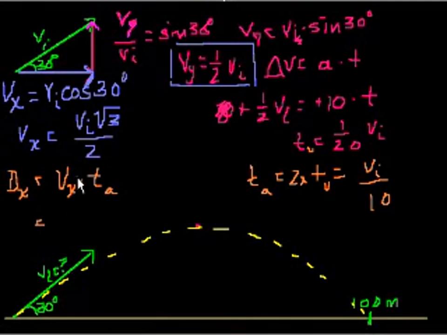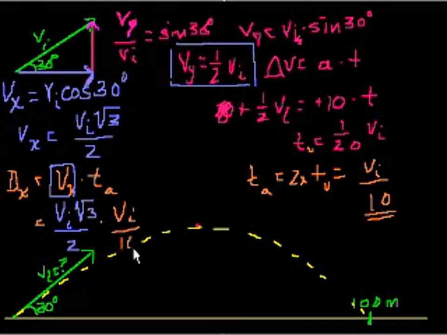Let me switch back to that purple so you know what I'm doing. V sub I square root of 3 over 2, right? That's this, times the time in the air. Well, the time in the air is this, times V sub I over 10. So the total distance traveled, let's multiply this: V I squared times the square root of 3, all of that over 20. So now we know, as a function of our initial velocity in this direction, how far this thing is going